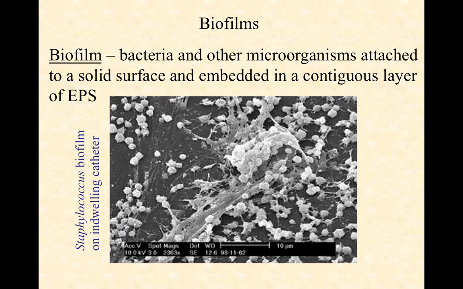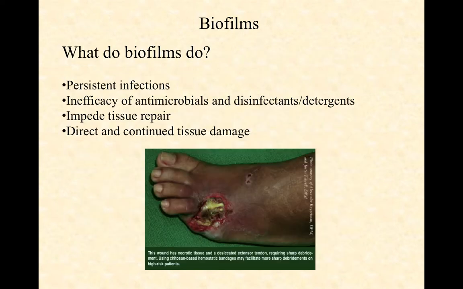This becomes a problem for a lot of reasons. Let's think about why this becomes a problem. So what do biofilms do? Why do we care about them? Well, number one, it turns out that biofilms are often a source of persistent infections. So if a patient has an indwelling catheter with a biofilm that's formed on it, they may get a UTI or a bladder infection, even a kidney infection, and you can treat the infection, but it's going to come back because there's a persistent source that's constantly re-inoculating the urinary tract. Until you get rid of that catheter and start over, you're going to continue to have that problem.